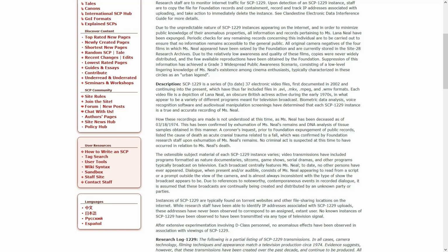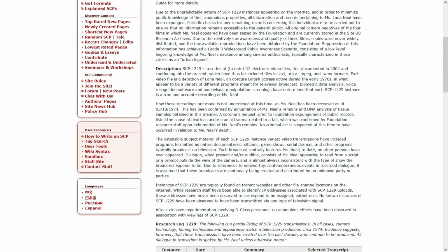Periodic checks for any remaining records concerning this individual are to be carried out to ensure that no information remains accessible to the general public. All original camera negatives of the 4 films in which Ms. Neal appeared have been seized by the Foundation and are currently stored in the Site-28 research archives. Due to the relatively low awareness and quality of these films, copies were never widely distributed, and the few available reproductions have been obtained by the Foundation. Suppression of this information has achieved a Grade 3 widespread public awareness scenario, consisting of a low-level, lingering knowledge of Ms. Neal's existence among cinema enthusiasts, typically characterized in these circles as an urban legend. Description: